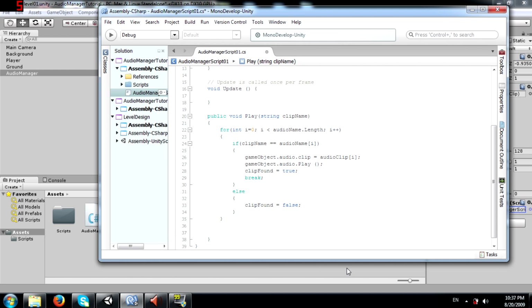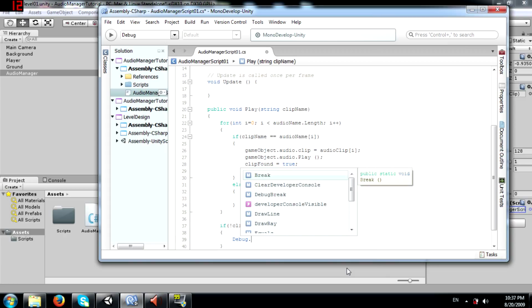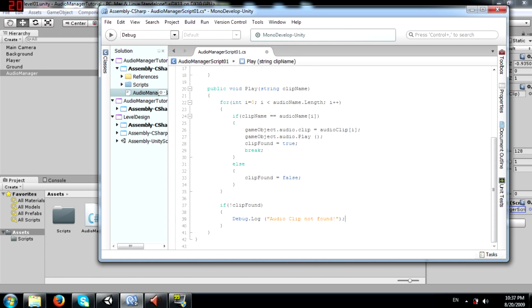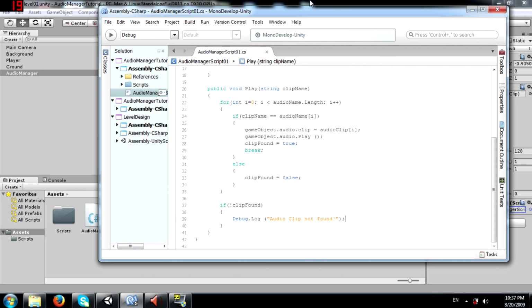Okay, now before we end the function, let's add our validation. If not clip found, that basically means if clip found is equal to false, then show a message in the console saying audio clip not found. Am I forgetting something? No, I don't think so. Okay, now